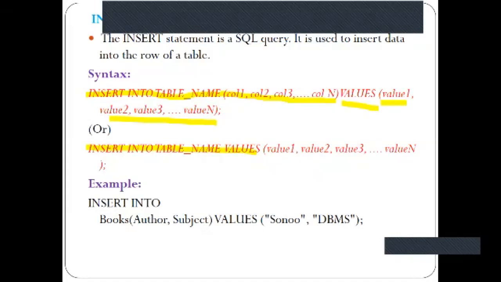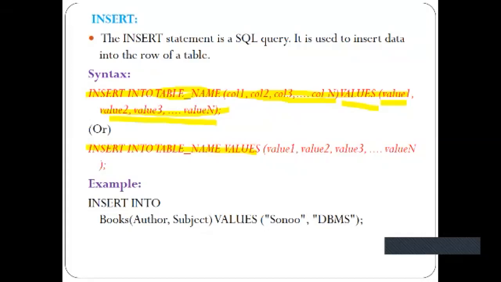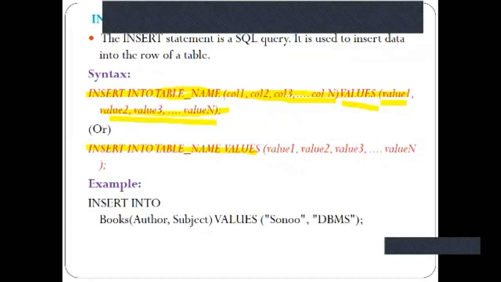So here what happens is, whenever you use the first syntax, suppose you have n number of columns, but in those columns you want to insert values to only 3 columns. Let me say you want to insert in column 1, 3, and 5. Only those 3 columns you want to insert. So what you can do is write here column 1, 3, 5, and give values only to those columns. So you can use the above syntax for that. And if you want to give values for all the columns, you can write in this way. Just directly write insert into table name, values, and insert all the values.